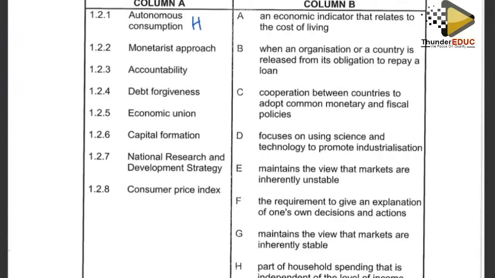1.2.2 reads as follows. The monetarist approach. So now grade 12, if you still remember, this concept does fall under the business cycle. And when we talk of the business cycle, we refer to the fluctuations of the economic activities, or we refer to upswings and downswings of the economic activities. Okay, right. So now under this business cycle, if you still remember, we have two theories: the theory from this monetarist approach and the theory from Mr. Keynesian. So now, if you still remember, Mr. Keynesian states that